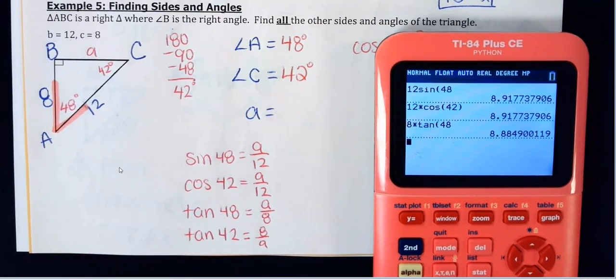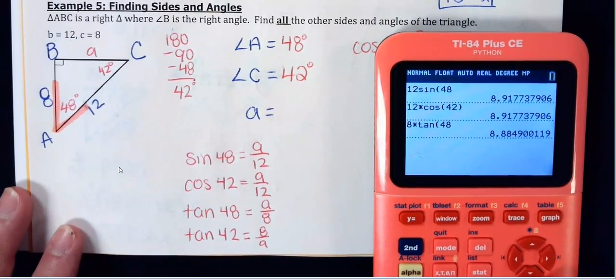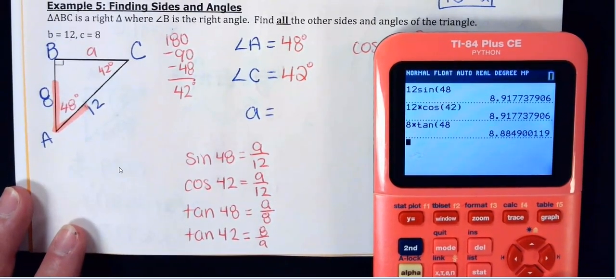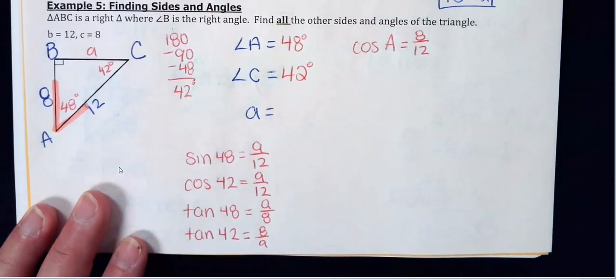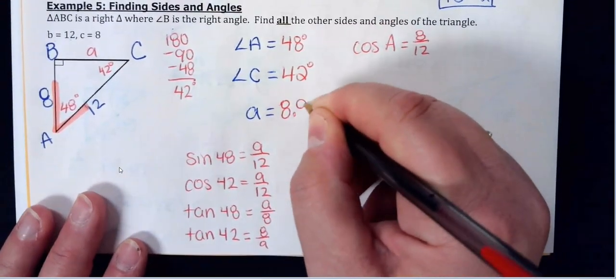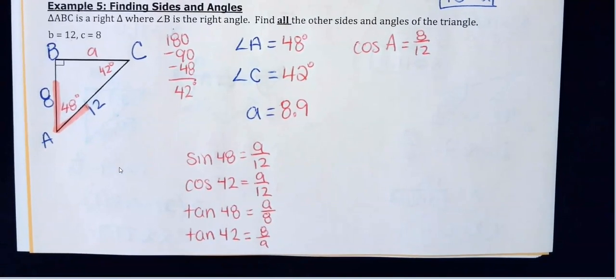Did I type that wrong? Oh, it's because we rounded the angle. We should be fine though. So we're going to call this 8.9. Or you could do the Pythagorean theorem. It's up to you. Is anybody having a question? Okay, so all the homework is